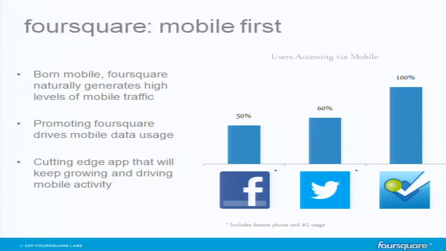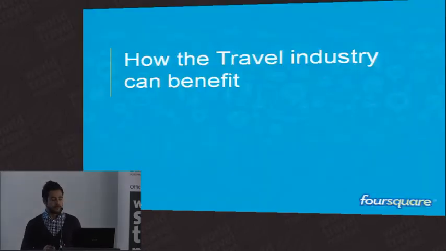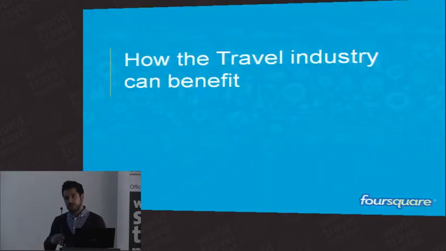We have an HTML5 client, or at least a web client, basically, that people can use. So we're really trying to be the go-to app for people that have a mobile phone and want to do something around location, right? I think the other applications that are on this slide, they weren't necessarily thought of or invented in the sense of being mobile-first apps, and this is one thing that is really different with Foursquare. So let's switch gears a little bit.